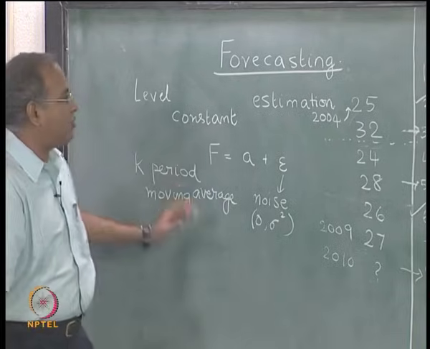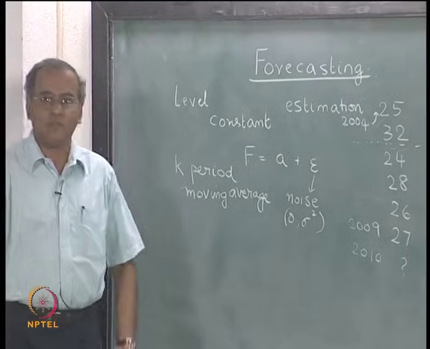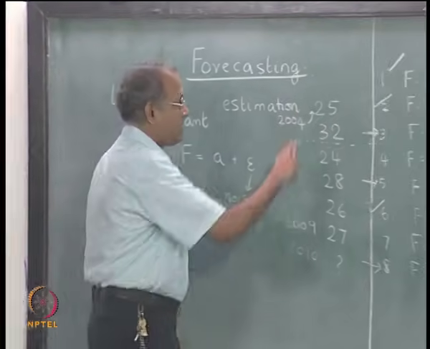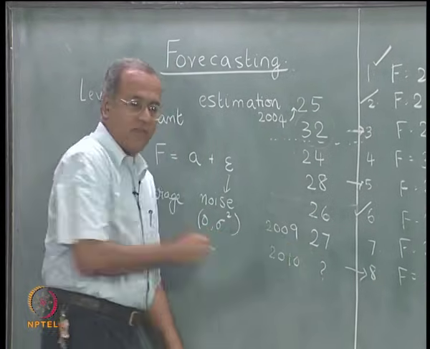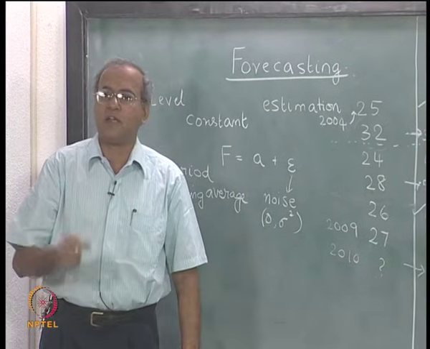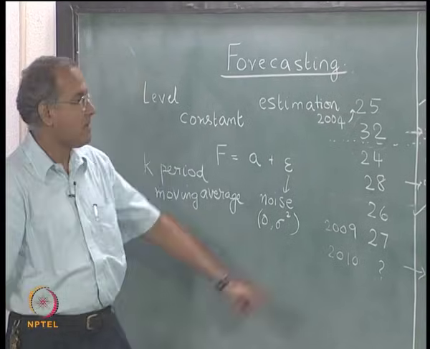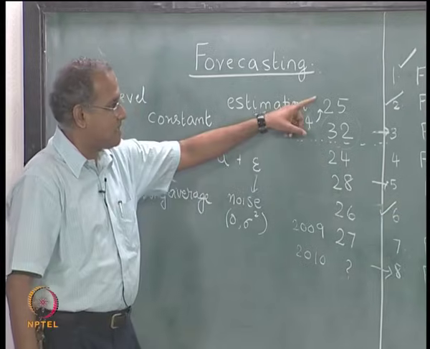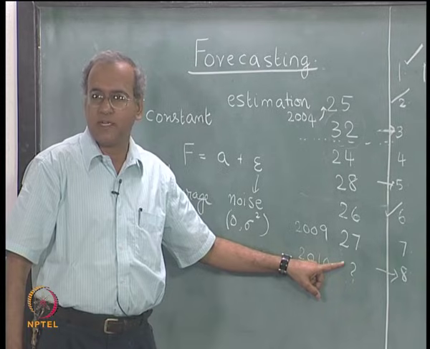So, a k period moving average can be thought of as giving weights of 0 to the older data. A 4 period moving average can be thought of as giving weights 0, 0, 1, 1, 1, 1. So, every moving average can be thought of as a weighted average with weights given correspondingly. A 3 period moving average can be thought of as giving weights 0, 0, 0, 1, 1, 1 and it becomes a weighted average.